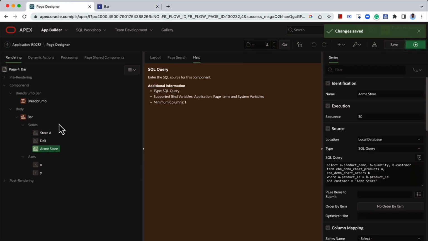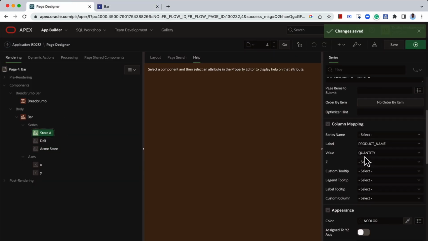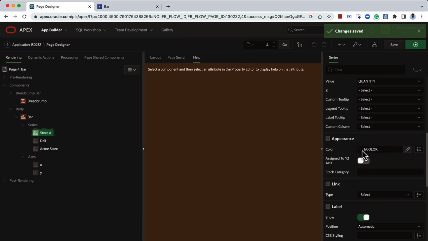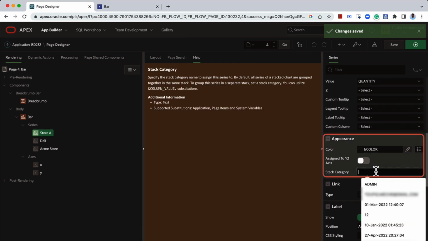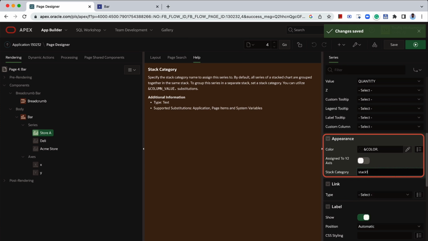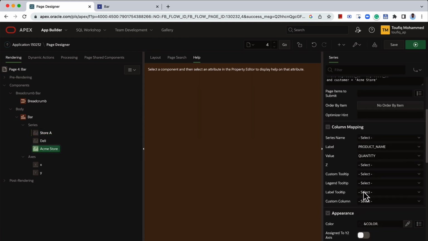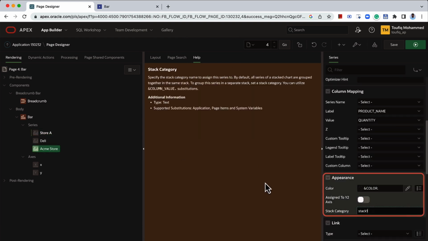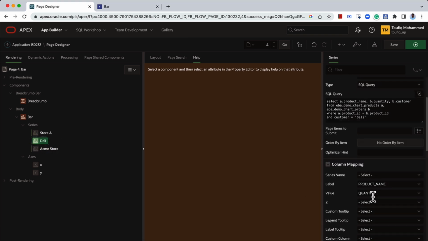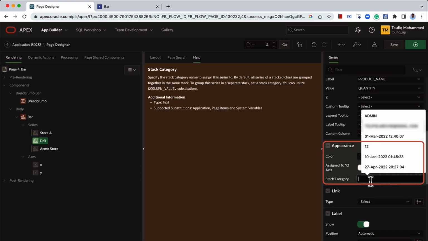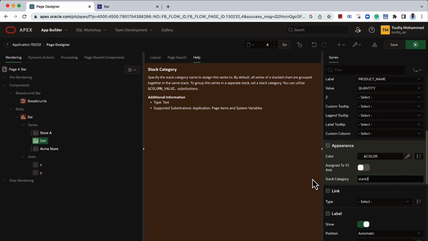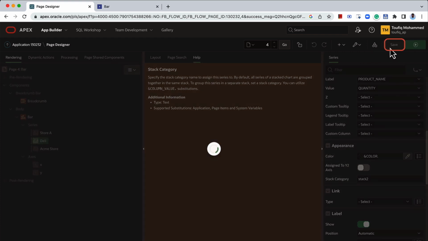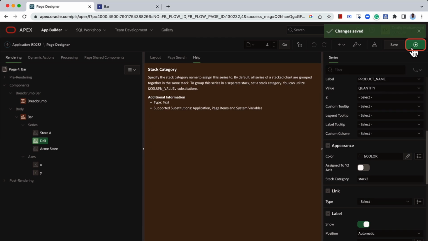example. So what I'm going to do is I'm going to go to store A and scroll down to appearance. Here, for stack category, I'm going to mention stack 1 as the category name, and I'm going to use the same category for Acme store series as well, and mention a different category for Delhi. For example, stack 2. With the stack category defined for all the series, now if I run the page,